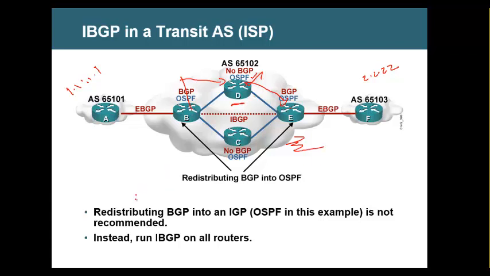So D is not going to have a route in the routing table. As a result, the packet cannot go. Even though F knows about A's network and A knows about F's network, because the transit routers in the middle, D and C, don't know, the packet drops. To avoid this packet drop,